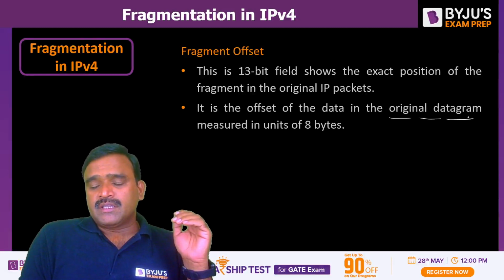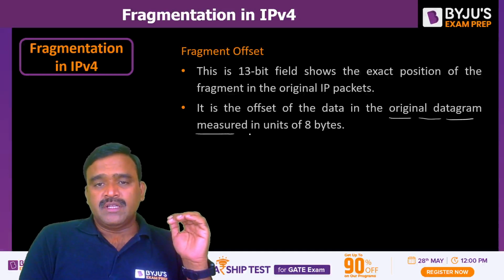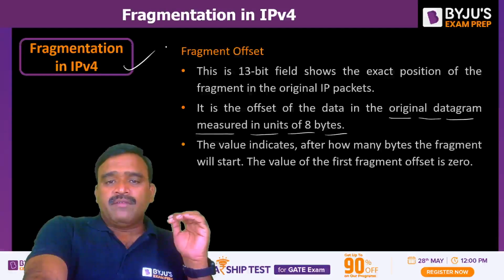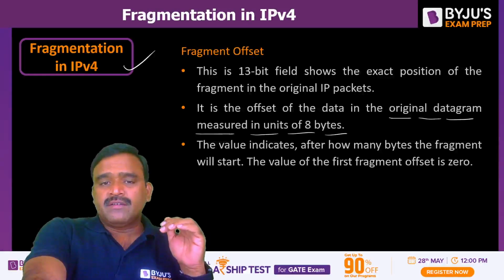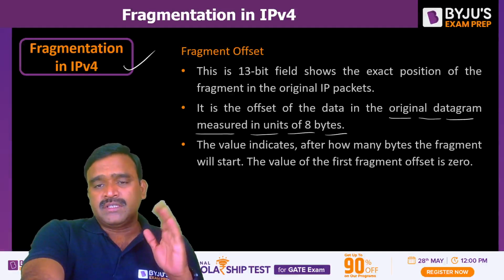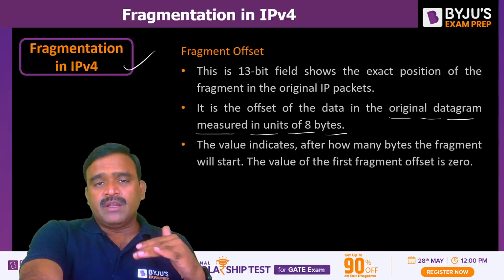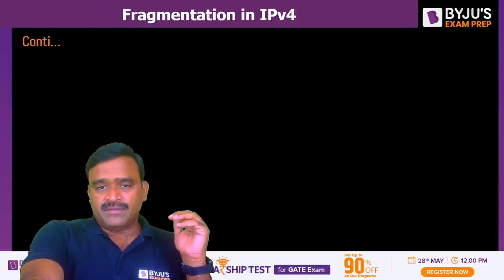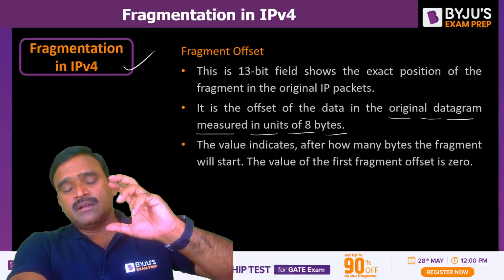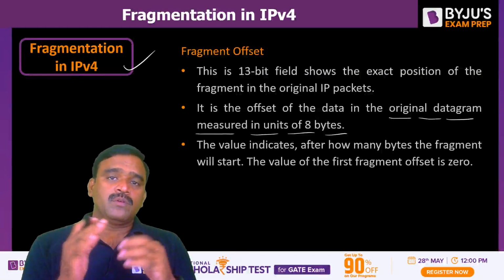Offset is nothing but relative position. It is measured in units of 8 bytes, a multiple of 8, and the value indicates after how many bytes the fragment will start. The value of the first fragment offset is always 0, and the second fragment depends on the length of the previous fragment. Of course, the payload size of each fragment in the datagram should be a multiple of 8,